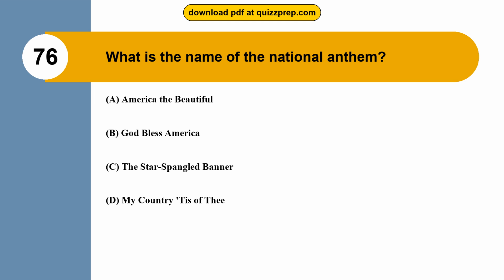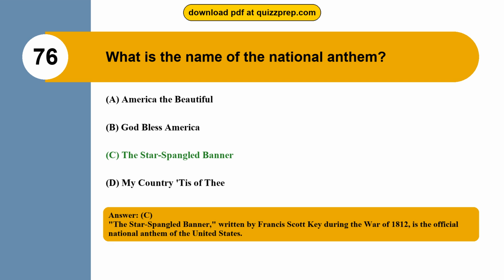Question 76. What is the name of the national anthem? Option A, America the Beautiful. Option B, God Bless America. Option C, the Star-Spangled Banner. Option D, My Country, 'Tis of Thee. The correct answer is option C, the Star-Spangled Banner. The Star-Spangled Banner, written by Francis Scott Key during the War of 1812, is the official national anthem of the